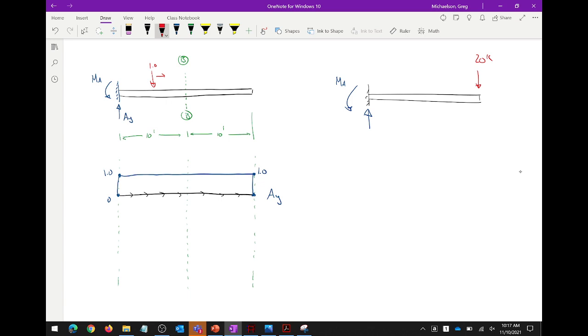Isn't that what the influence line says? The vertical reaction is 1 everywhere along the beam? Did I miss something? How'd I do? Okay. Now,